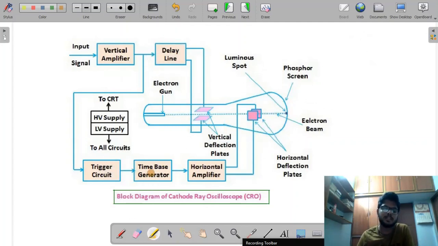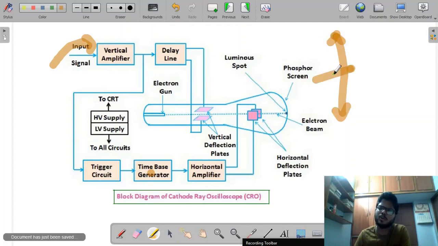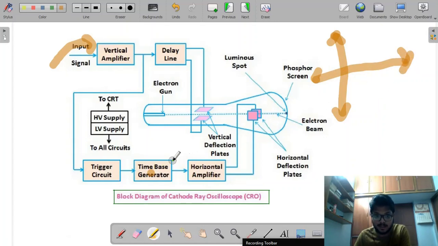What is a time based generator? Time based generator is a circuit. See, such a beautiful circuit. We will provide the input signal to the vertical amplifier. Then the input signal is displayed on the y-axis. Then how are these x-axis signals displayed? This x-axis